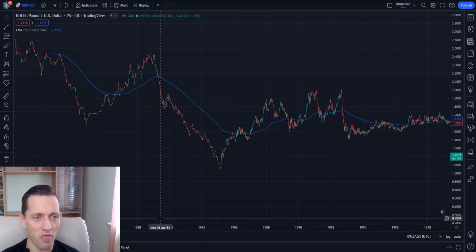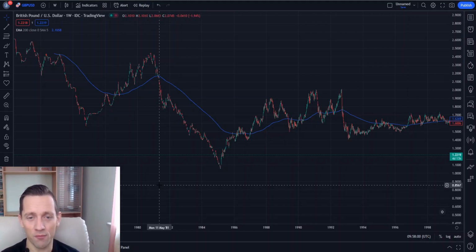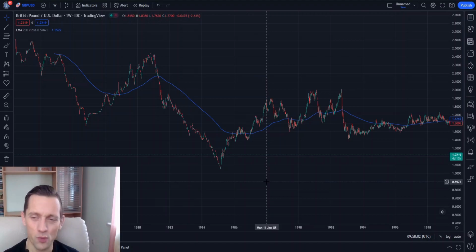Let's continue my thread about foreign exchange markets, and now look at the British pound against the dollar from a long-term perspective, purely as a trader. Now here is one of the context. British pound